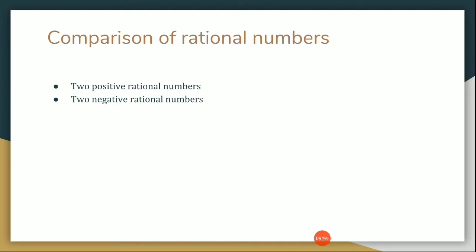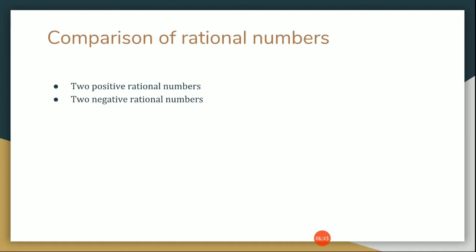And the next topic is comparison of rational numbers. Here we are going to compare. What do you mean by comparing? That means you are going to find out which one is greater. When you are comparing two fractions, if the denominators are same, you can directly compare the numerators and say which one is bigger or which one is smaller. But if the denominators are different, usually we will take LCM and then only we will say which one is greater.